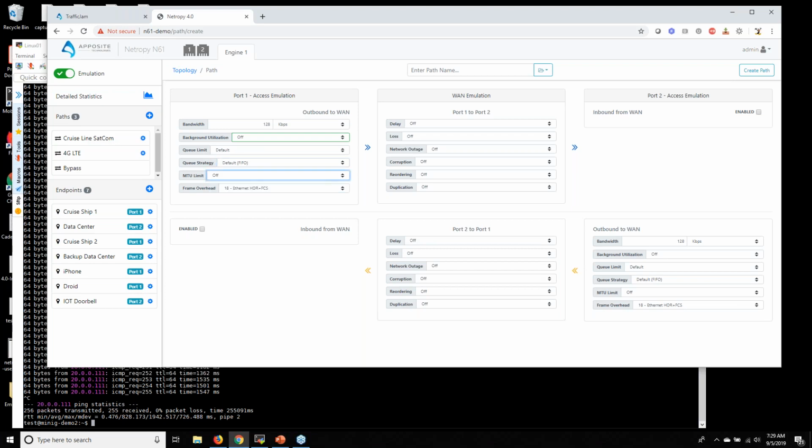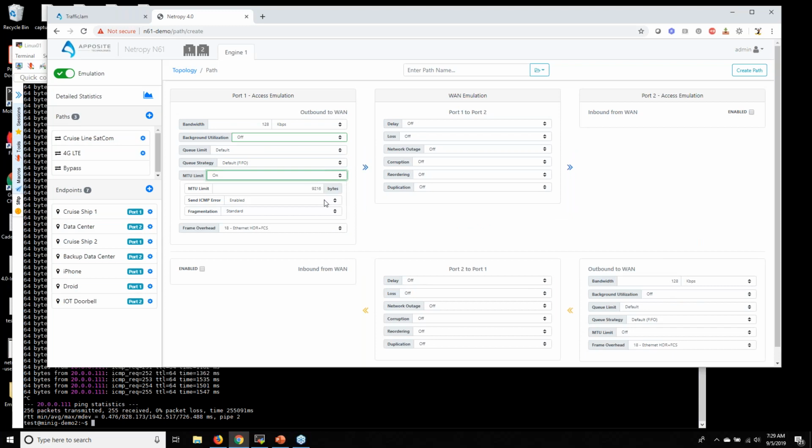So we can support or act like we don't support jumbo framing. A lot of times customers will have a product that requires jumbo frames, and then maybe it hits an old switch or an old router that can't handle jumbo frames and starts to fragment them. We can emulate that type of scenario, or we can just completely deny the jumbo frames.